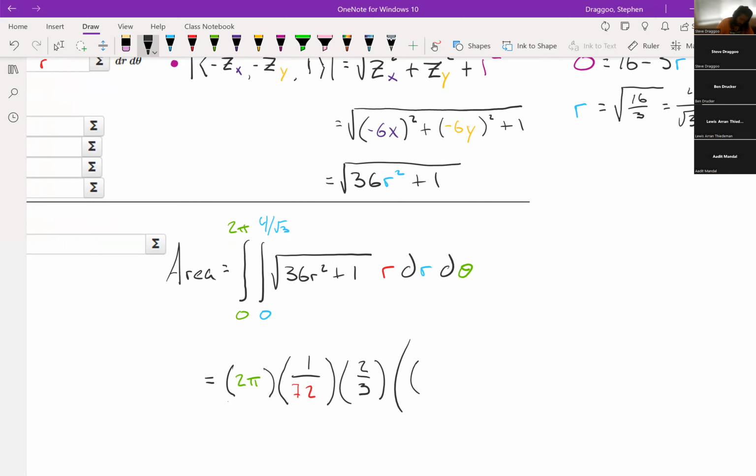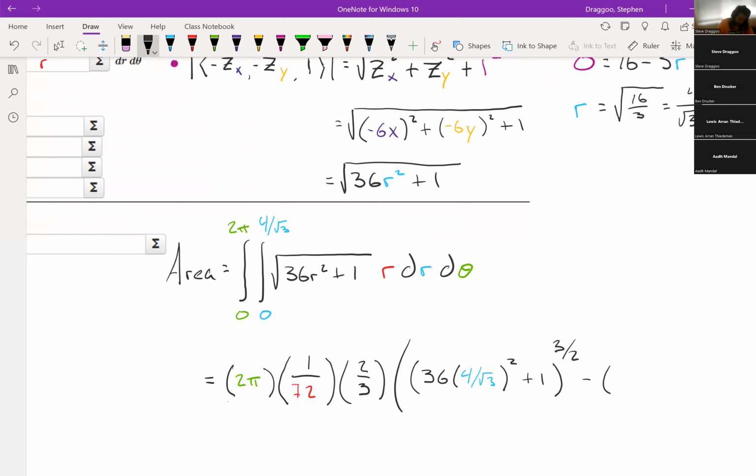The first time through, I'll get 36 times (4 over the square root of 3) squared plus 1. Close that parenthesis because that's closing the inside of the square root. The thing is now to the 3/2 power